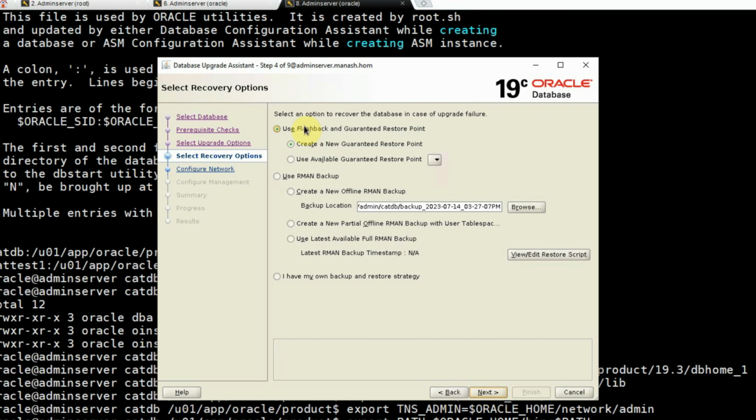Now it is asking whether to use Flashback and a guaranteed restore point. So, create a new guaranteed restore point, I am keeping this option on. And here, use RMAN backups. Under this option,